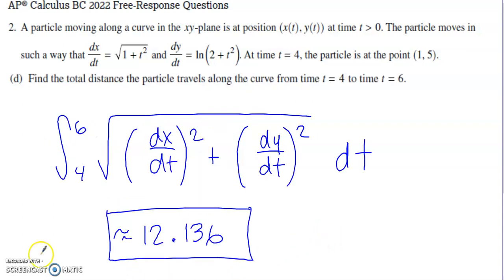And then the last part here asks us to find the total distance the particle travels along the curve from time t equals 4 to t equals 6. So when you have motion happening along a line, to find the total distance traveled along that line, you do the integral of speed. Speed is the absolute value of velocity when motion is only happening in one dimension, either along the x-axis or along the y-axis. We use that same mentality here. To find the total distance traveled along this parametric curve, we are going to do the integral of